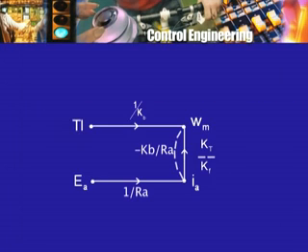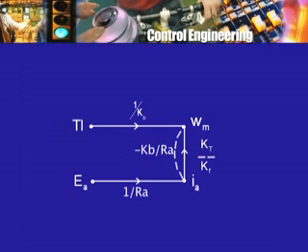Whereas, as we saw earlier, we want an expression for omega m in terms of EA and TL alone. We do not want armature current. If possible, we want an expression for the speed in terms of the armature voltage and the load torque only, which therefore means that if I wrote down the equations, I will have to eliminate IA as the unwanted variable. Now, if you look at the signal flow graph, I cannot eliminate either omega m or IA very simply,